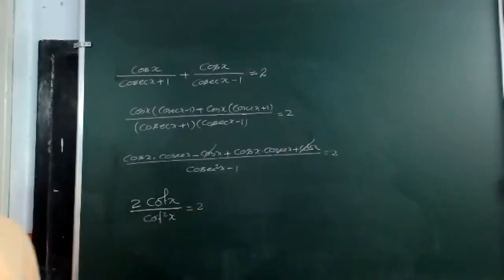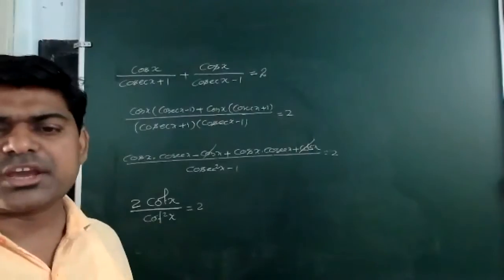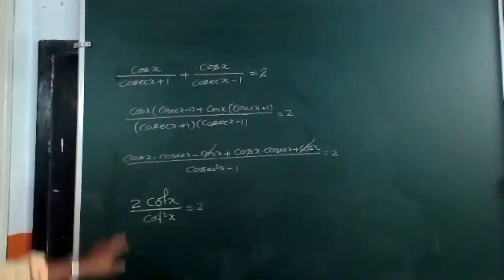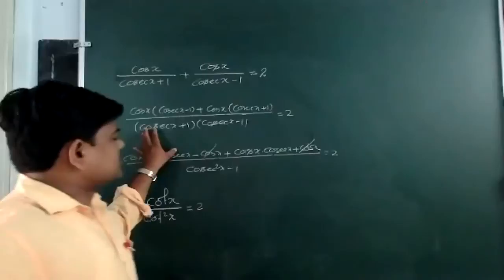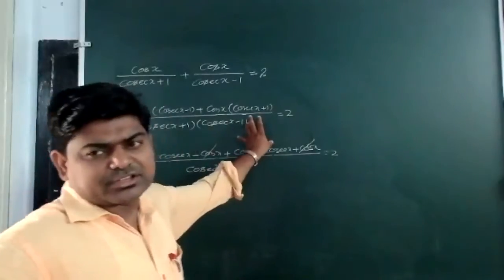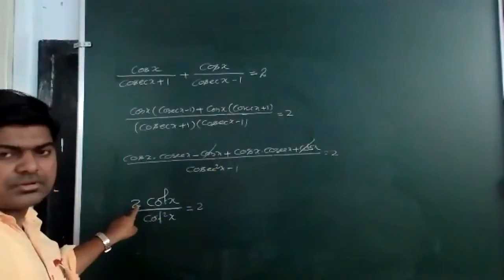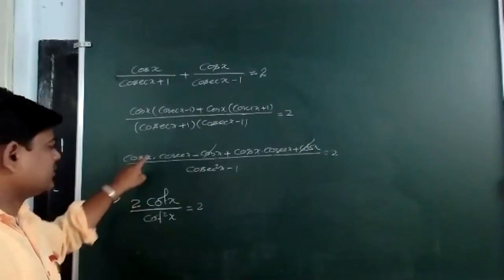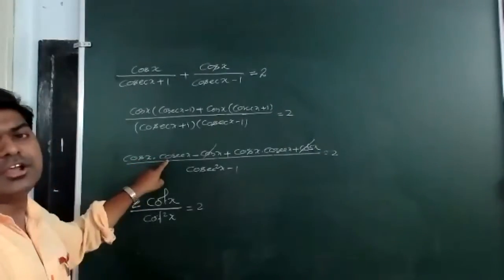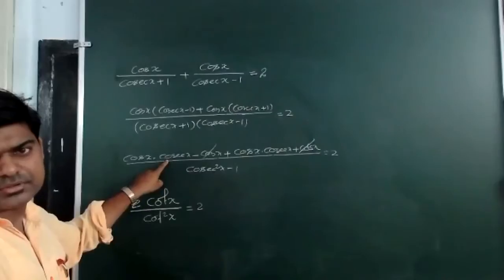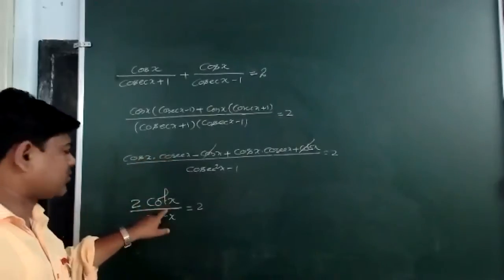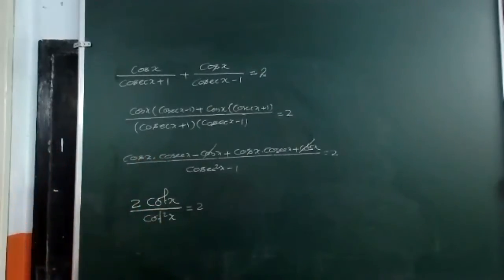I cannot. Listen to me again, all students, please. This one and this one are both the same. That's why it is added, 2 as well. The second point, what I did here: cos x can be written as 1 upon sine. So cos upon sine will be what? Cot. This one I know. Okay, there is no problem.